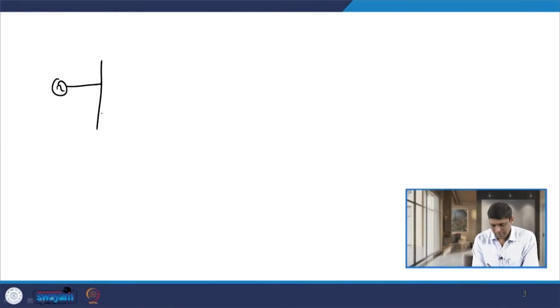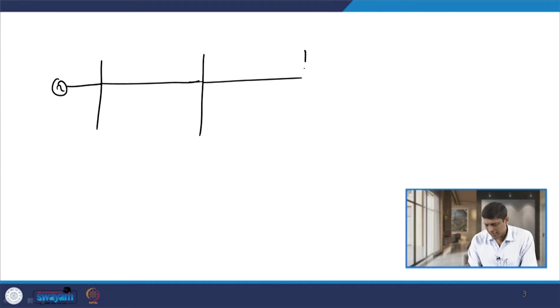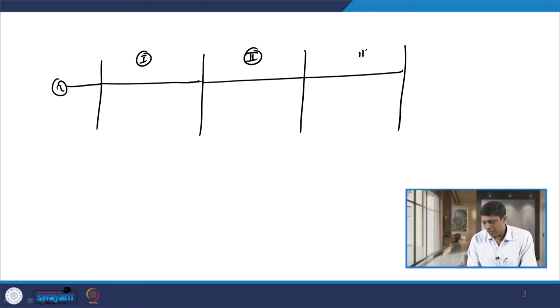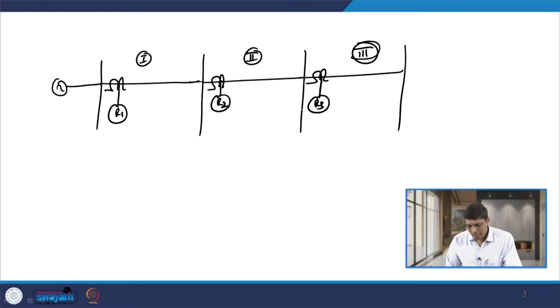For example, consider the same multi section radial feeder network, containing 3 sections, section 1, section 2 and section 3, with relays R1, R2 and R3 in sections 1, 2 and 3 respectively. Suppose all 3 relays are inverse time overcurrent relays having normal inverse characteristic.